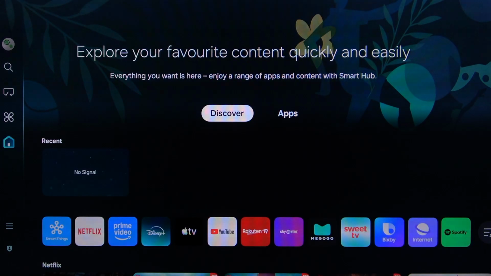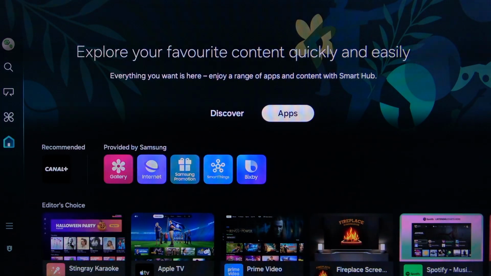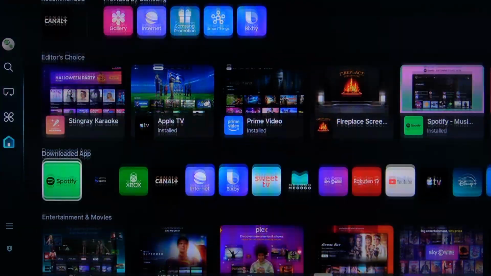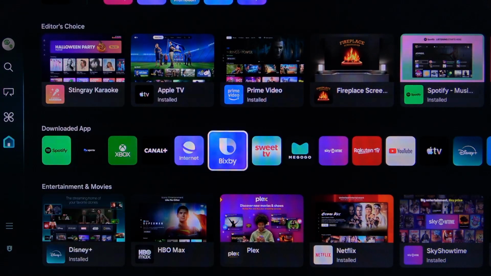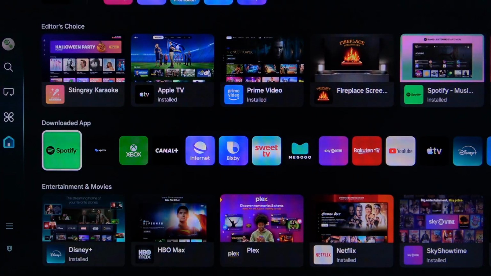First of all, press the home button on your remote control to go to this page. Then press the right button to switch to apps. And then navigate down to the download app section. In this section, you'll find the applications that you have downloaded on your TV, and if you want to delete